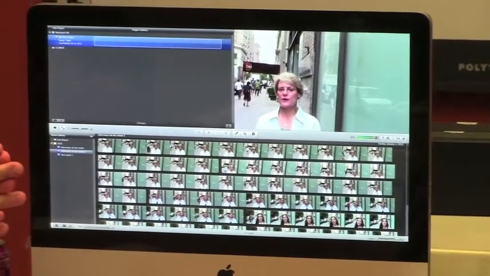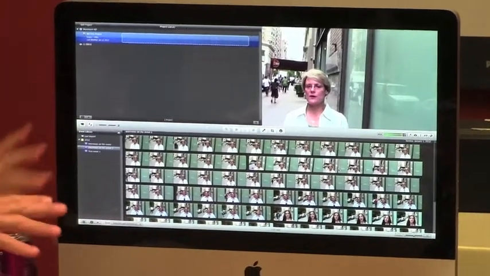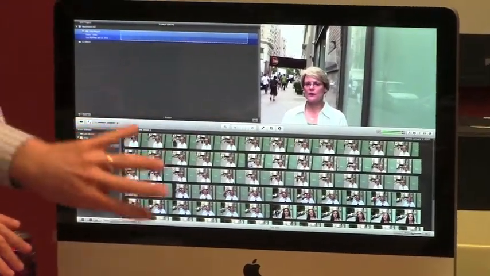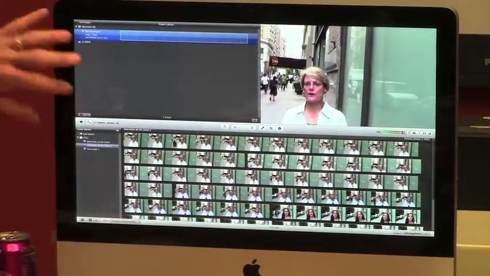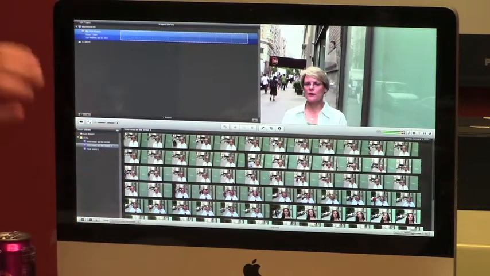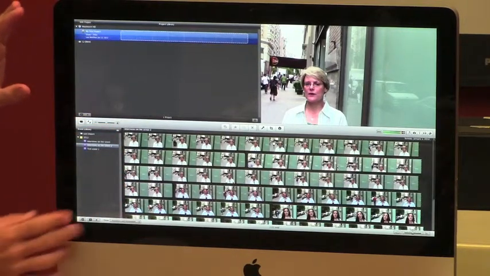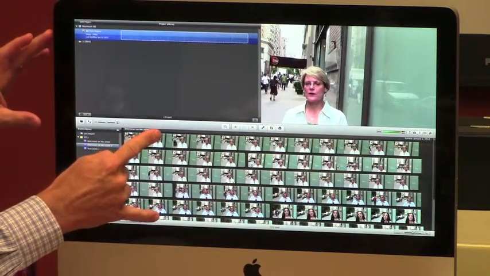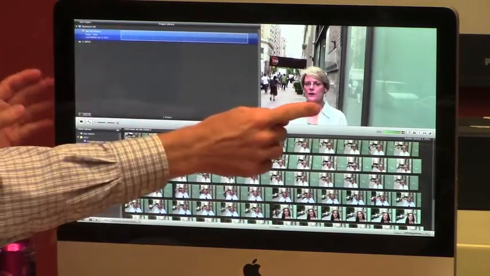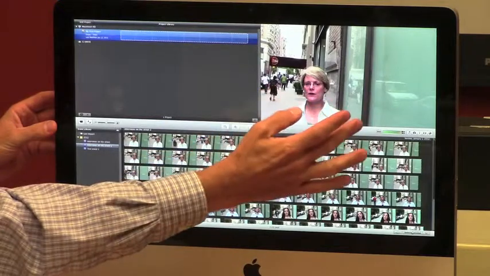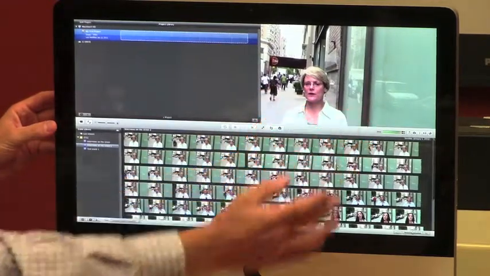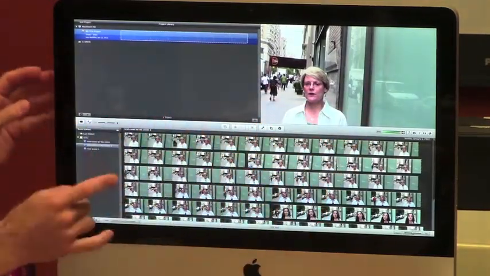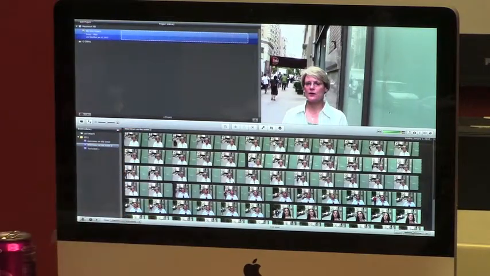So what we usually do to get started is to just explain what you're seeing on the screen, and then we'll show you the basics of selecting clips. So iMovie has two main windows, a window down here and a window up here. This is where you're seeing the video that you're creating or the video that you've taken. The window down here is a